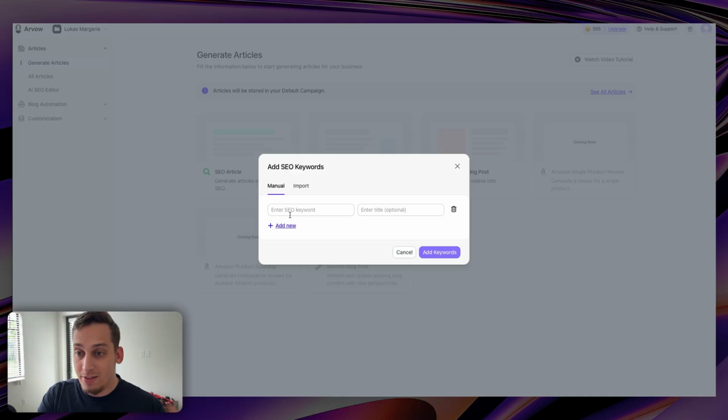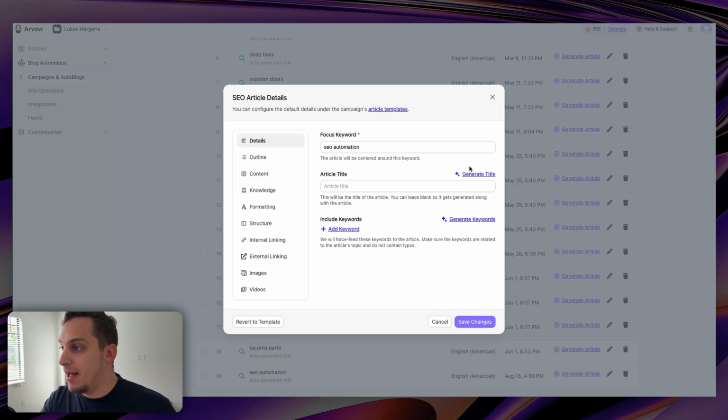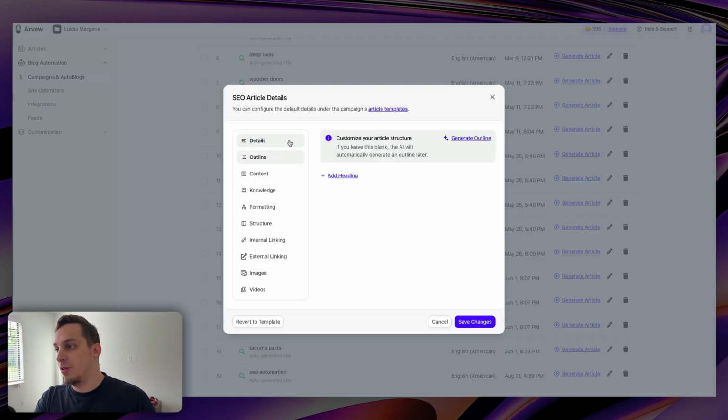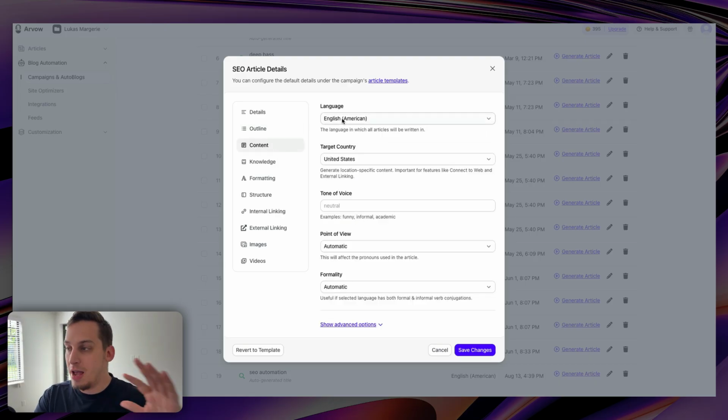And to get started, for example, with generating an article, all you have to do is click here and add a specific keyword. You can add multiple keywords if you want. You can add just one. You can write like N8N, or we can write, for example, SEO automation. Click on add keyword, and then we can go ahead and generate a title. We can generate different keywords based on this one keyword that you have. You can generate an outline of the specific blog article. You can generate the content, what type of language you want it to be, what type of perspective,